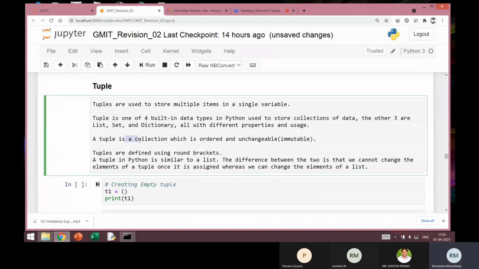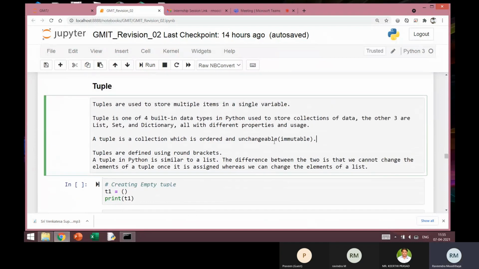Now basically tuple is an immutable object, which means you cannot change the content of a tuple once it is defined. Of course, you can overwrite it as you do in the case of a string, but you cannot change any one value or any small set of values inside a tuple. That's the only difference between tuple and list.